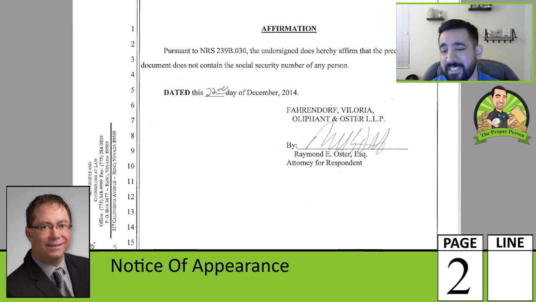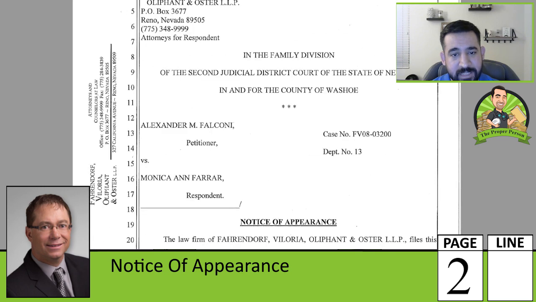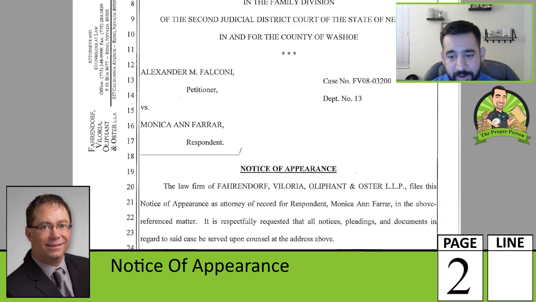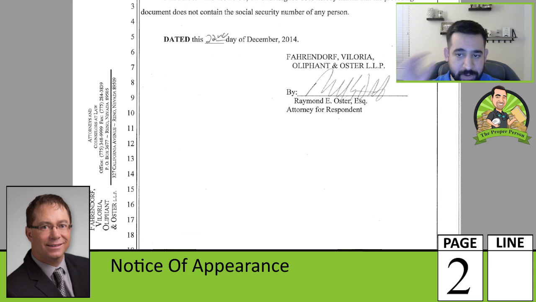I'm still not sure if he's the one that appears at other hearings and files things. We do have at least one hearing with this gentleman, maybe two. Pretty sure it's just one. And whoever it is, it's one of these two guys. They don't both come to court. It's one of them. And I'm going to find out which one it is, and I'll continue to show that person's photo throughout the series. For now, I suppose, since this was signed by Raymond Oster, we'll go with Raymond Oster, and if that changes, we'll keep that up.